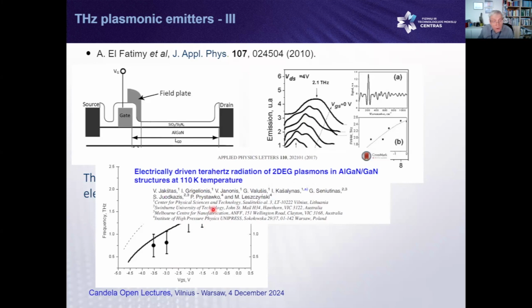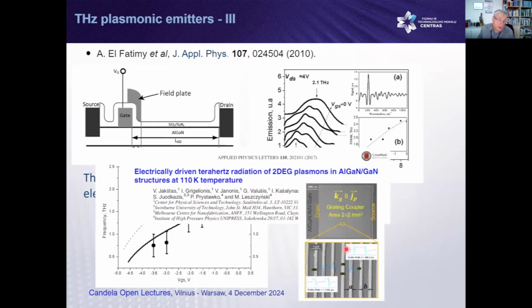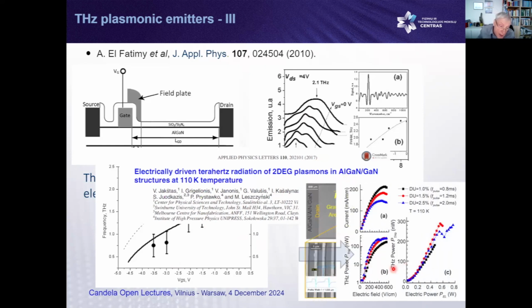And I would like to mention also the very nice cooperation of the Vilnius and Warsaw groups. It's an old paper, but it was very nicely designed, and they give the numbers. The numbers are hundreds of nanowatts. It's okay. In principle, it's a compact solution, but still its power is too low in comparison to imaging requirements, and maybe 110 K, still good for physics, very good for experiments in the lab, but still far away from a real